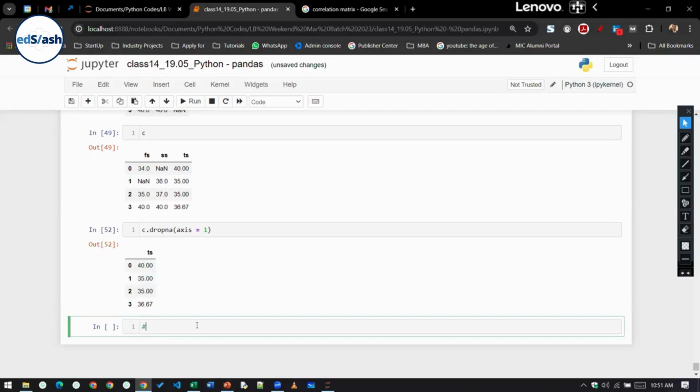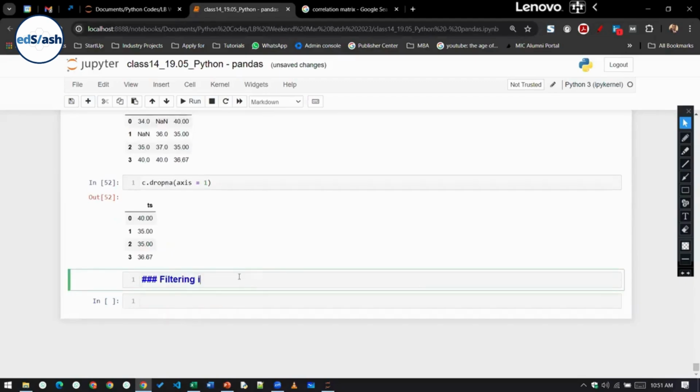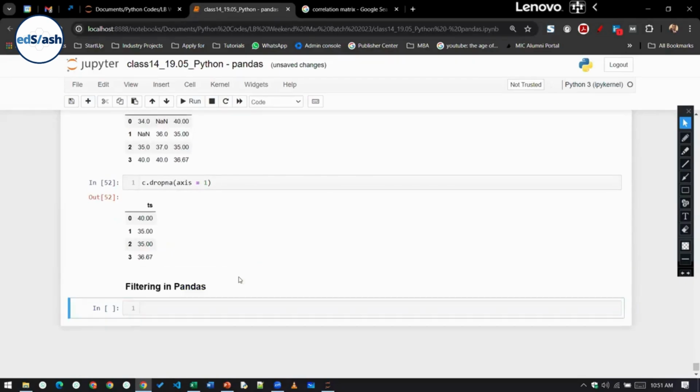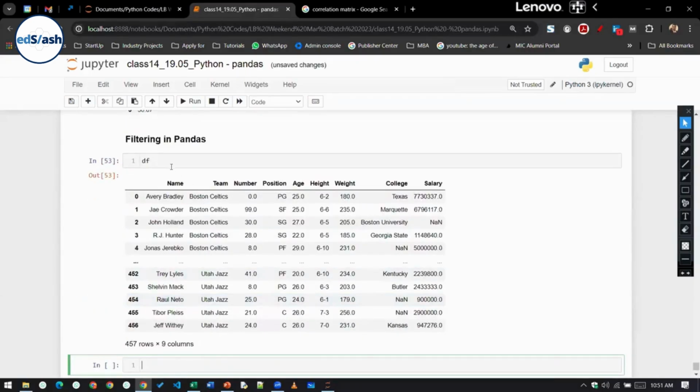So class, let's move onwards. Next is filtering in pandas. Suppose, class, let's say we have this df data frame with us. Now, what I want to do is